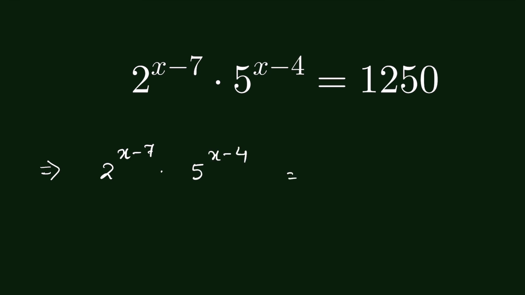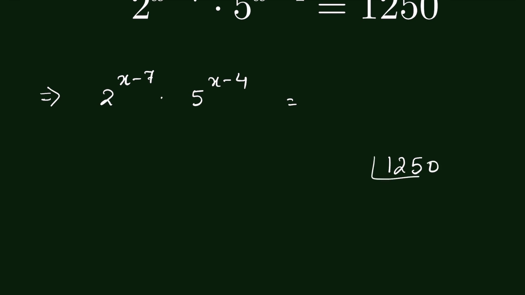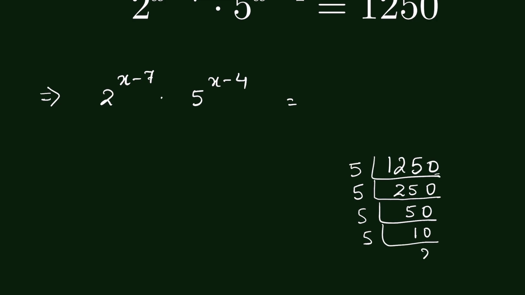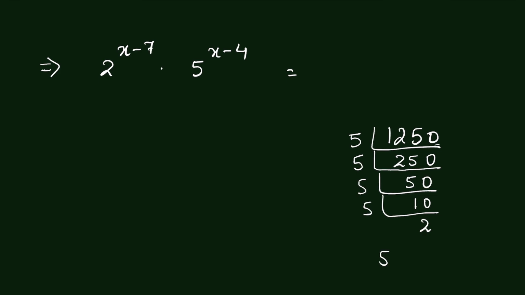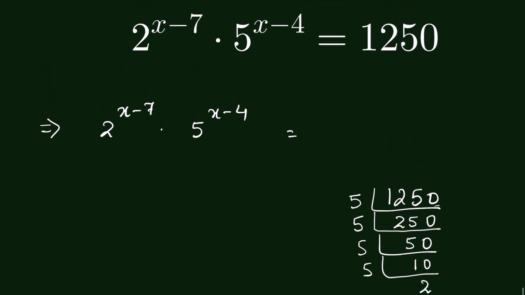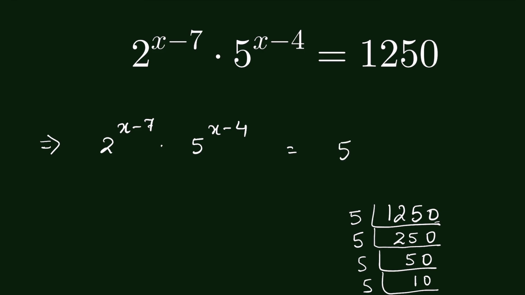Now let's factorize 1250. We start with 5 since the end digit is 0, so it is divisible by 5. So 250 times 5. Then again it is divisible by 5. So 5 times 5 is 25 and 0. Then again divisible by 5. 5 times 10 is 50. And then it is divisible by 5 times 2 is 10. So we have 5 to the power 4 times 2. So instead of 1250, we can write it as 5 to the power 4 times 2 to the power 1,